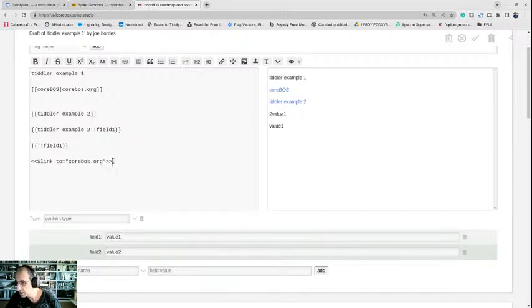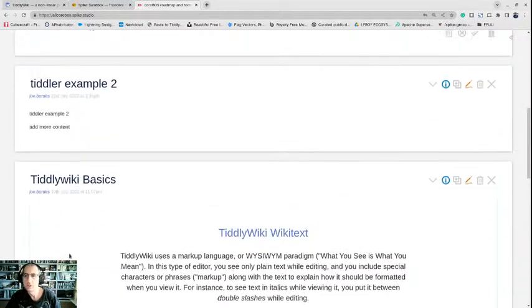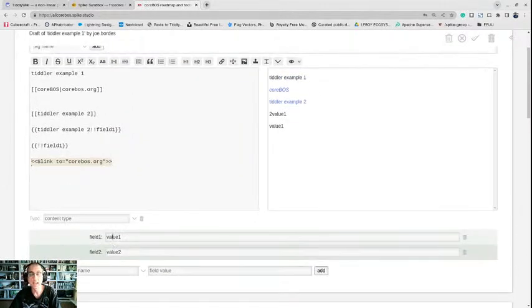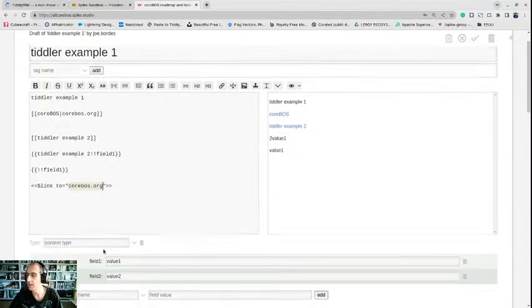Okay, anyway, there is this concept here of widgets that you can use to create, that kind of help you. They're kind of helpers, especially when you need to access values and it's kind of hard. For example, if instead of this field value one we had a URL, and you need to get the URL out of there and actually put it inside the link field, it gets a little complicated, and these widgets help you in that case, where you can actually use that transclusion here in the link, which is what I wanted to prepare, but I didn't have time to. Anyway, so